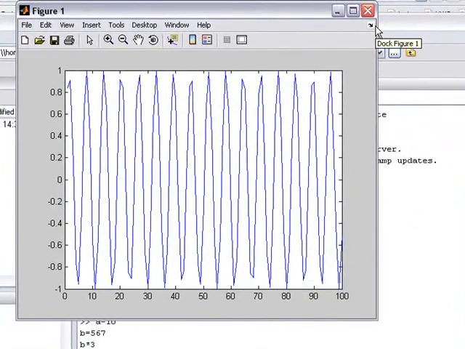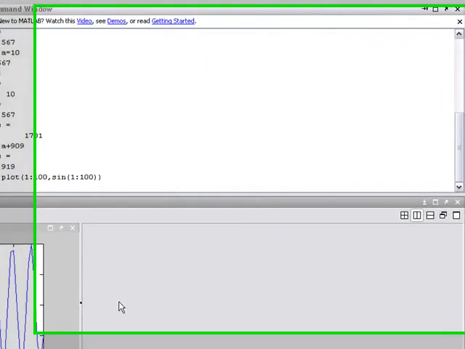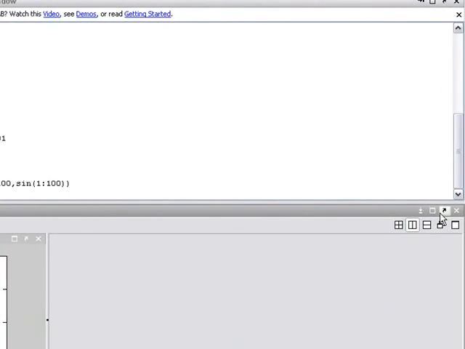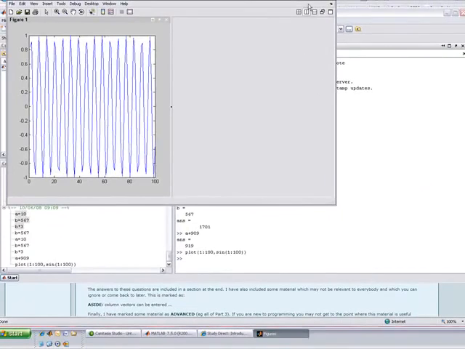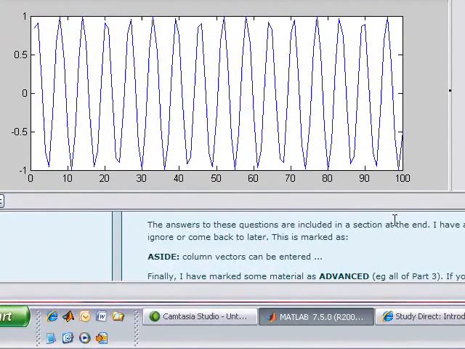Now it's best to dock your figures because then you can see them as they go and they don't appear behind the windows. So what I'd normally do is dock it there and it will appear somewhere. This is the figure window. So normally you'd have the figure window docked somewhere, but you can undock the whole window so that the figures hang themselves, or you can dock it there. Okay, so that's getting started with Matlab,